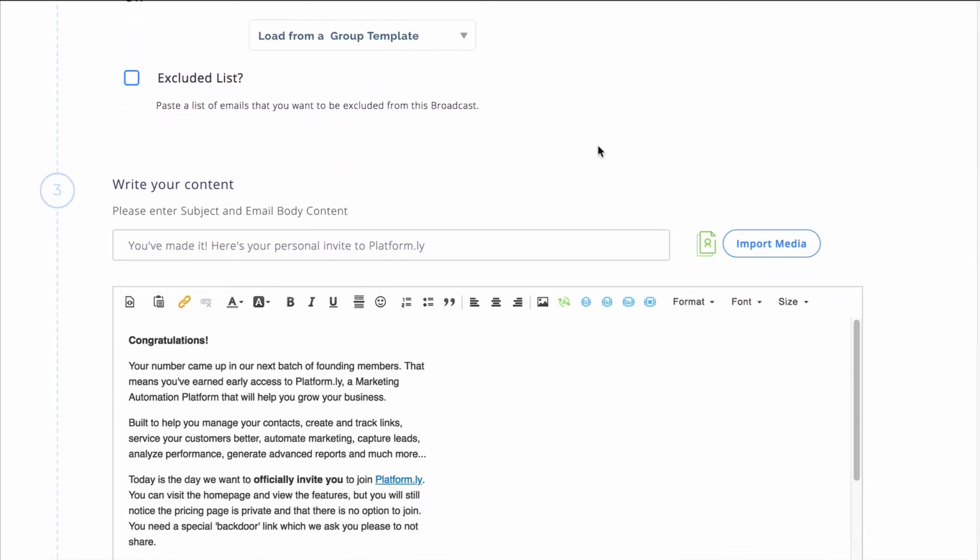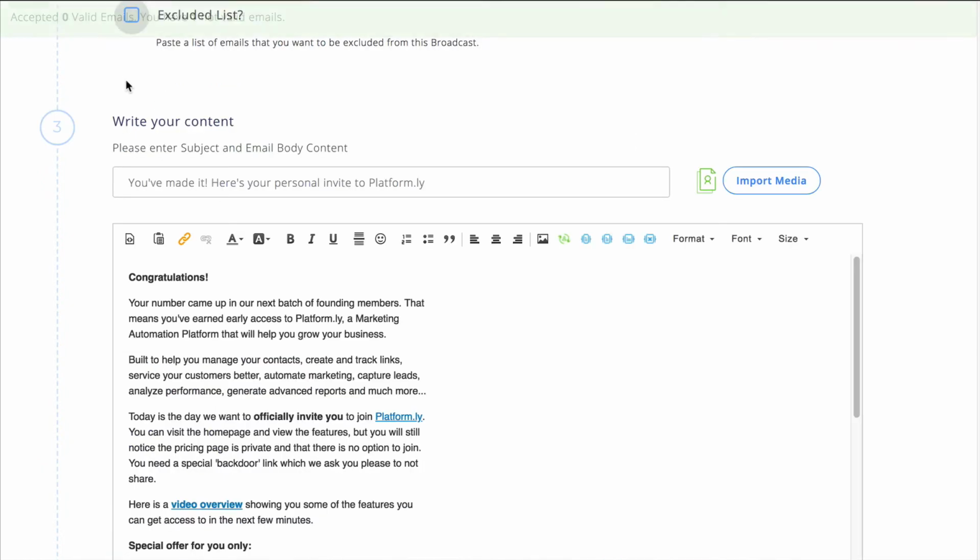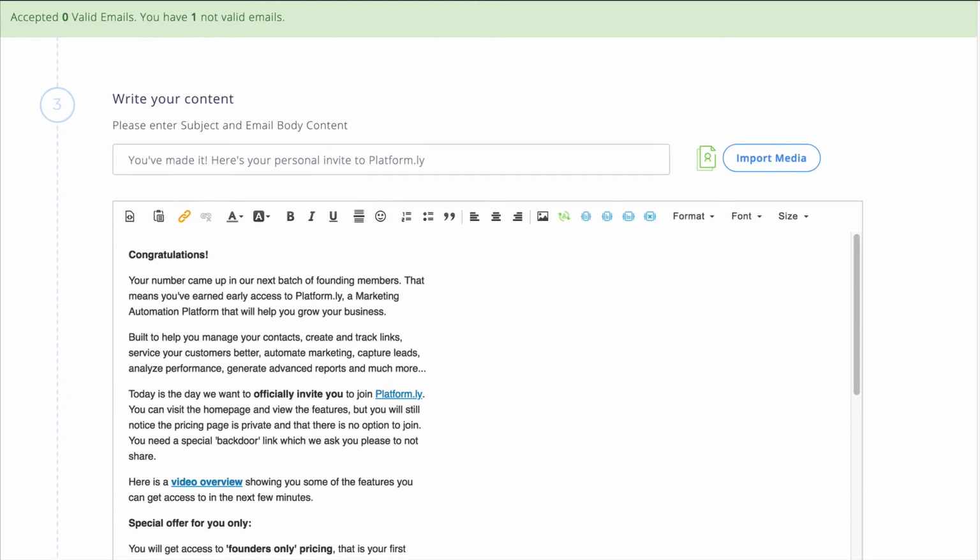Then the next feature we have here is an excluded list. Let's say that you have a list of emails of people who you don't want to receive this email. Or let's say that you're promoting an offer for someone and you ask them to send you a list of emails to make sure that you're not promoting to people who are already members or who have told you they don't want that training, etc. By clicking this, you can just paste in emails one per line, and then that'll calculate and remove those from the mailing. We don't need to do that, so we're just going to come down here.